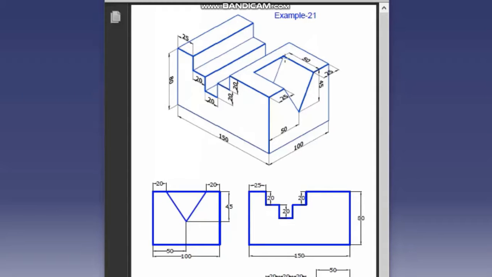But what we can do is directly I can create this sketch. This entire sketch, that is this face, we are going to create in this vertical plane and use pad to a value of 100 to create this solid. Only we will remain with this, which we can create it very easily. So it is very important for you to analyze which is the base sketch that you are going to create. That will define the complexity of your model making process. Let us start.